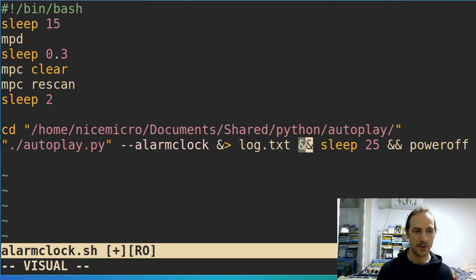And so this end will ensure that once the program has expired and stopped running, the next command will be executed, and that is to sleep 25 seconds at the end. That should ensure that after the program turned off, the playlists and everything have been saved. There is some time for us to sync that to the other places, and then the system will power off